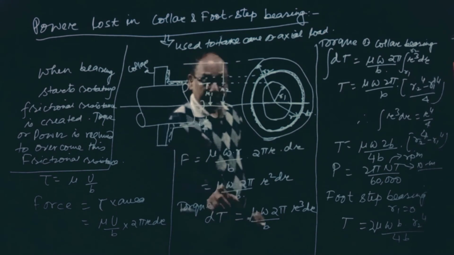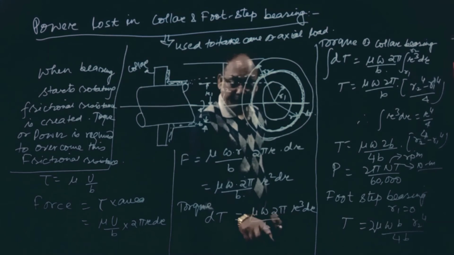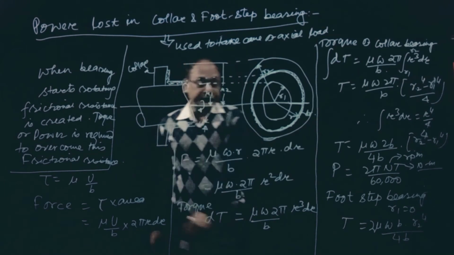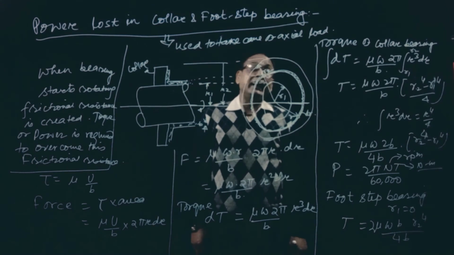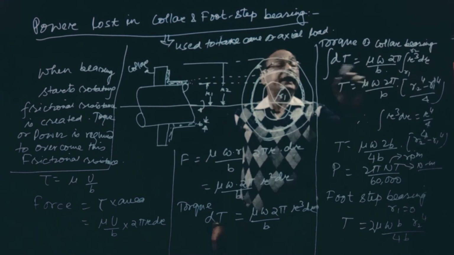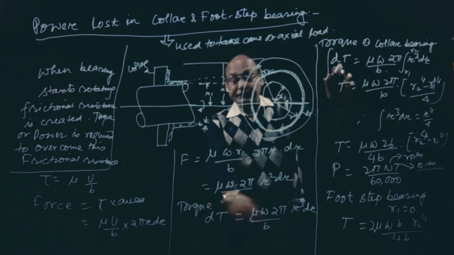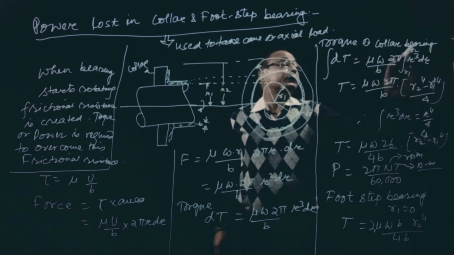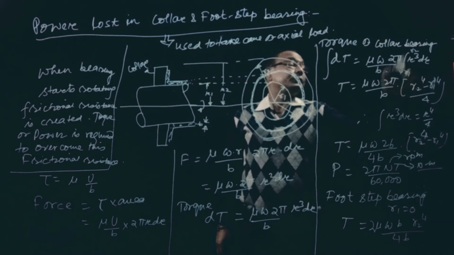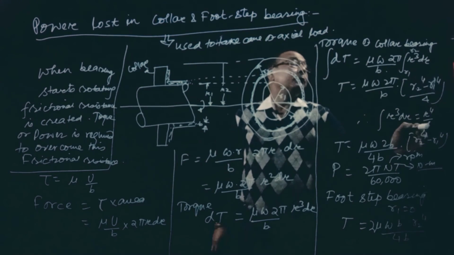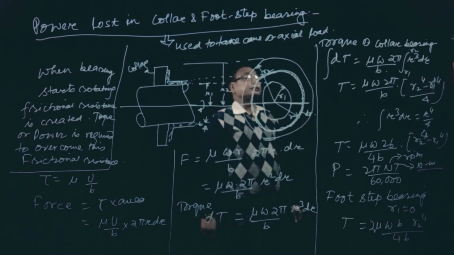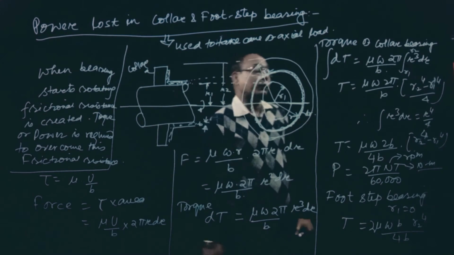So it will be mu omega into 2 pi by b into r cube dr. Now we have to integrate this equation between limits r1 and r2. So torque of the collar bearing will be found by integrating this dT equation. So 2 pi mu omega by b into r cube dr, it will be r to the power 4 by 4. Okay, so 4 we can take out, and putting the limits r2 to the power 4 minus r1 to the power 4, it will have